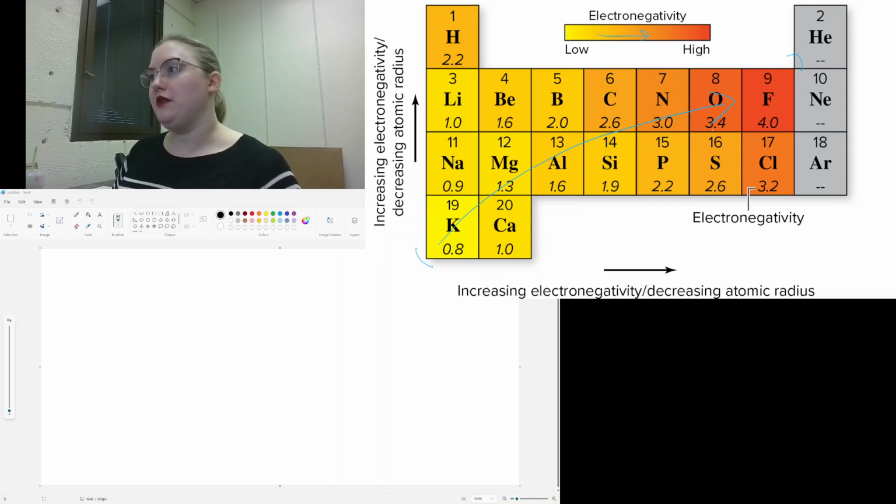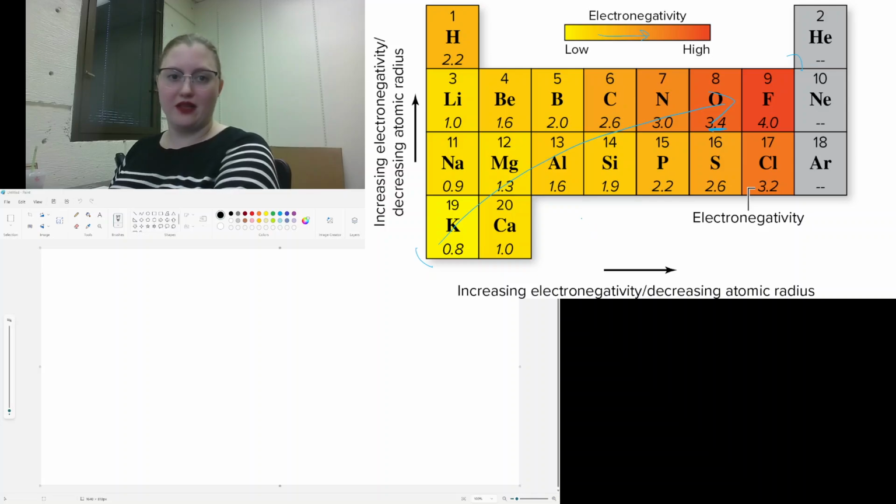So oxygen is fairly high in its electronegativity and is very likely to form a polar bond. Okay, something like sodium, potassium, magnesium, not likely to form polar covalent bonds. Okay,